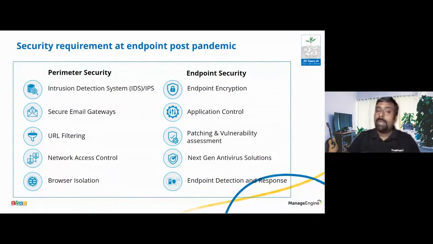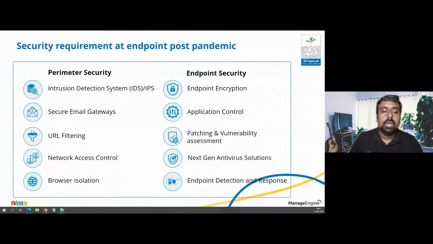From an IT management perspective, it's a little more challenging to design policies that can adapt between these two changes. How do I set policies in terms of security, or even patching, or application control? How am I going to control the different applications installed in my environment, whether they're in the office or outside of it? That poses a different level of challenges as well. So coming back to my presentation, the new, or not new, requirement is already there.